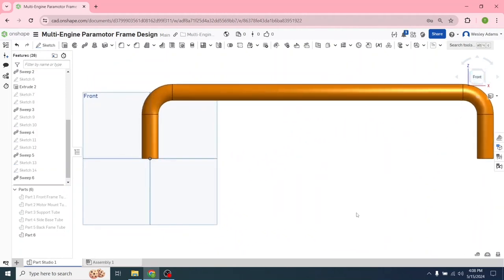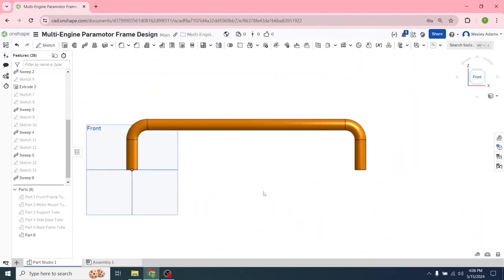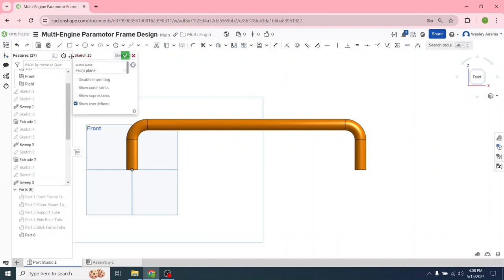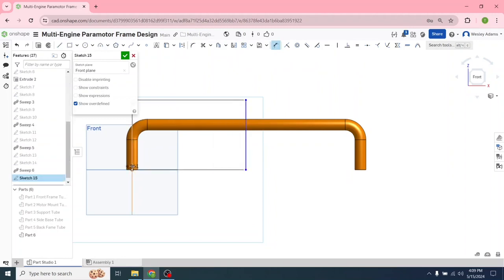So now let's go back to front view. Let's scroll out. We're going to cut this in half. Go sketch 1, and then we will click on the front plane, left click on the line tool, and then left click, drag that down, left click again, hit escape, left click on the dimension tool, left click on this line we just created, left click here on this center line, and we want to set that at 7.5, halfway, because we're going to cut this in half, and then